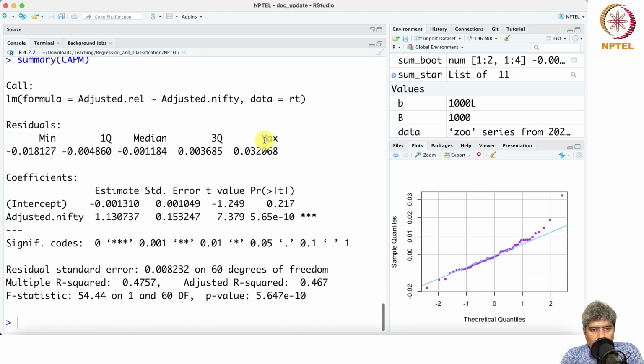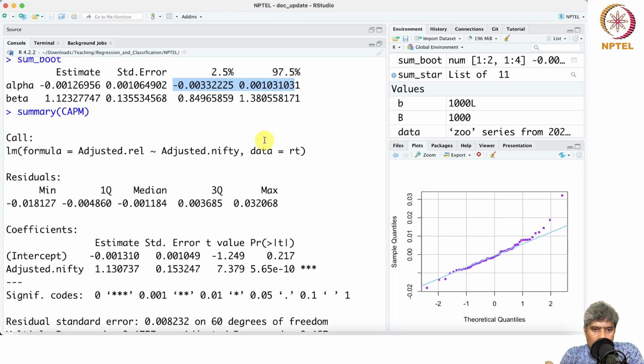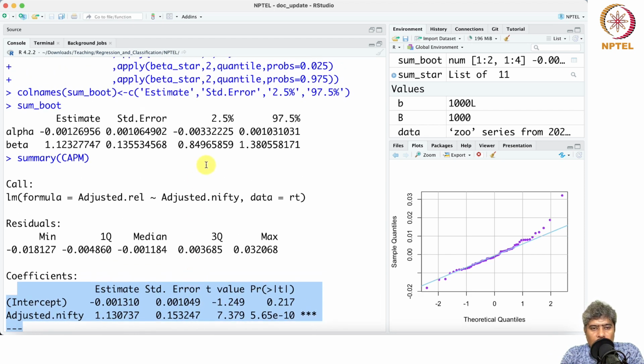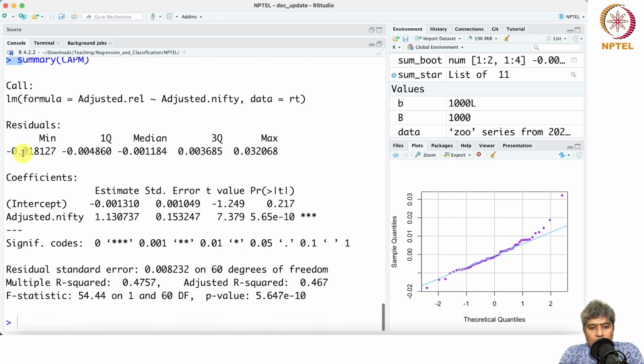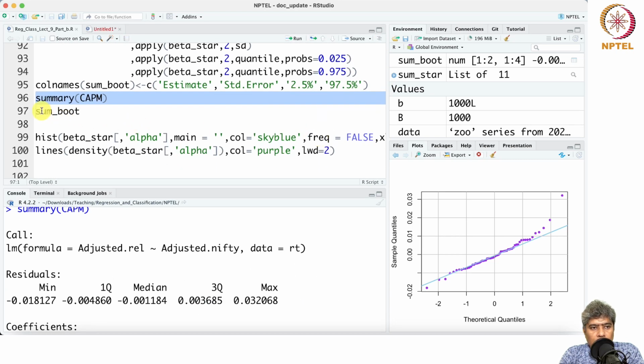This is the coefficient. Since the underlying model assumption does not hold good, this inference based on t value and p value is not a valid inference. But here I'm assuming that the underlying distribution is just unknown, and I'm doing a non-parametric test. So this inference is valid, though there is not much change in my inference. Here the adjusted R square is given 0.467, but